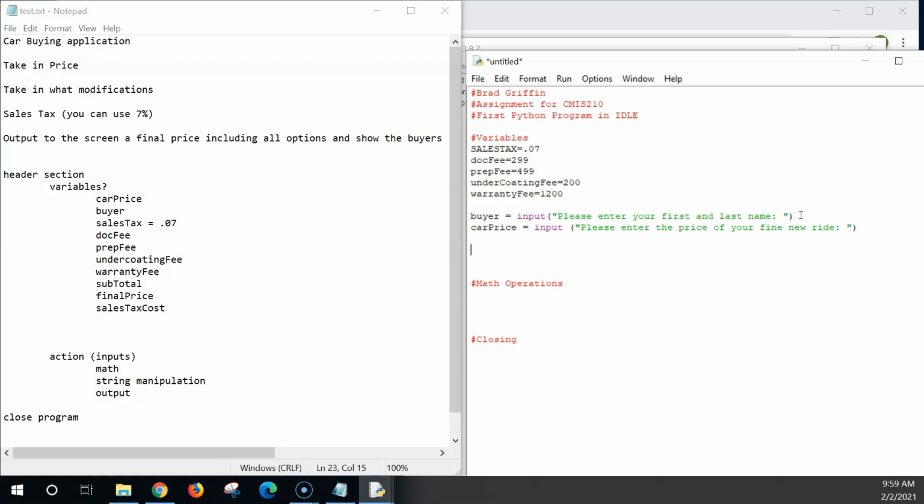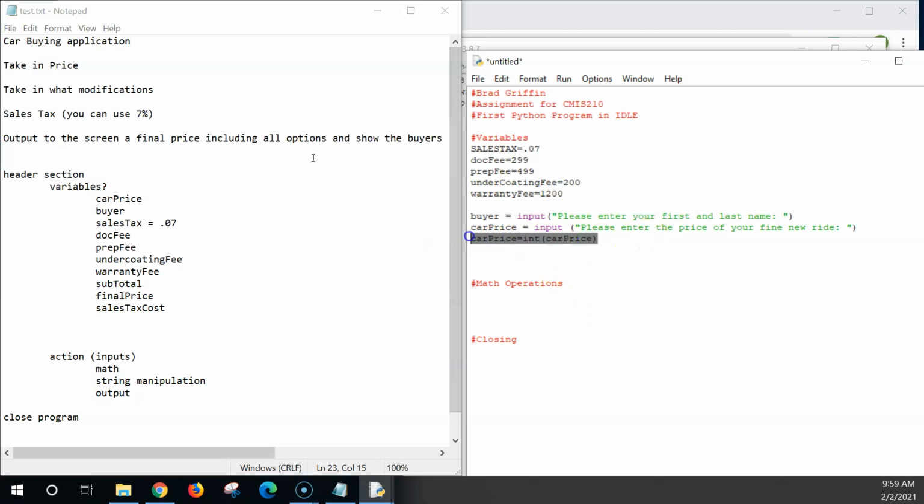Is a string what we want, or do we need a value of some sort? We need a value. So I'm going to combine it. So I'm going to show you actually two different ways. So here I could do this. Car price equals int, if we wanted to create an integer of car price. So it takes car price, shoves it into this formula, converts it to an integer. Well,